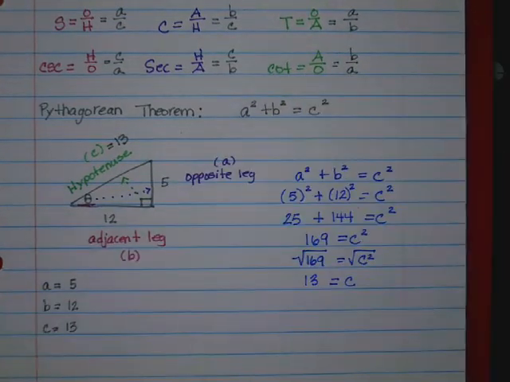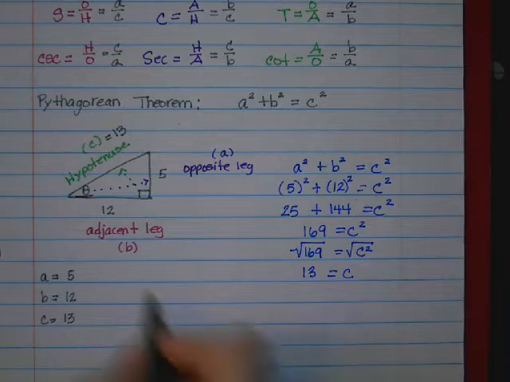So now if we use all that information, it'd be easy for us to find all 6 trig ratios, because now all we have to do is put them in the right order and simplify them as a simplified fraction. They will not be decimal values, okay? No decimals here. All right, so we're going to start with our sine